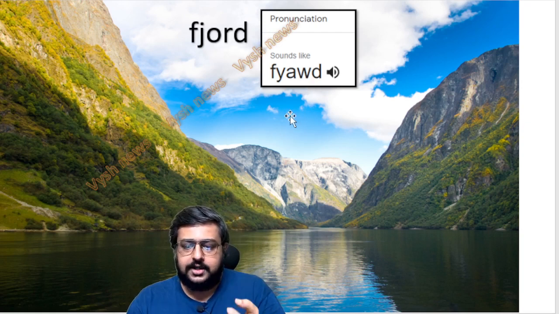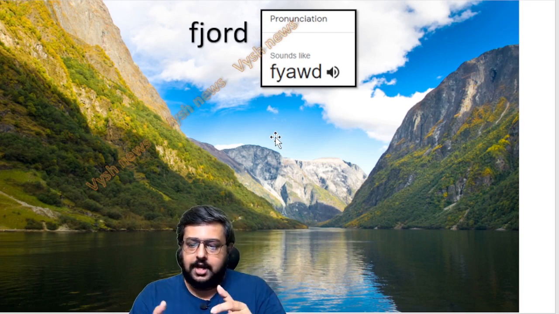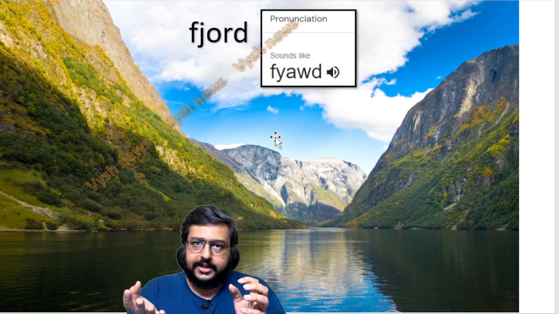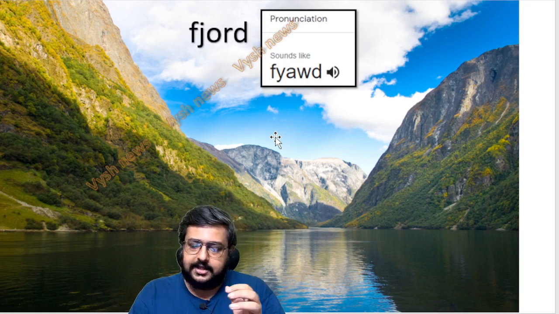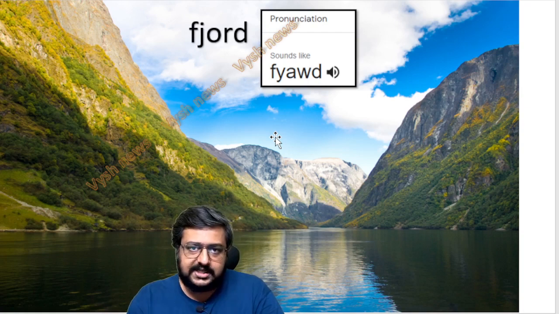So the difference between fjord and moraine lake is that a moraine lake is water from ice and rainwater, but this is water coming from below the ground. After everything is dried, it comes from below the ground, but it looks the same. Picture wise, if you search moraine lake and this one, they will look the same.